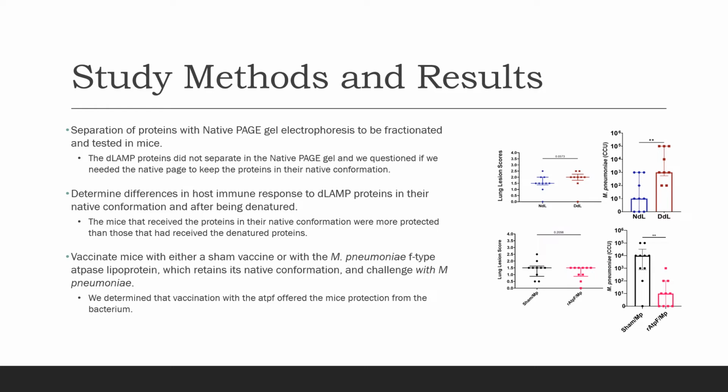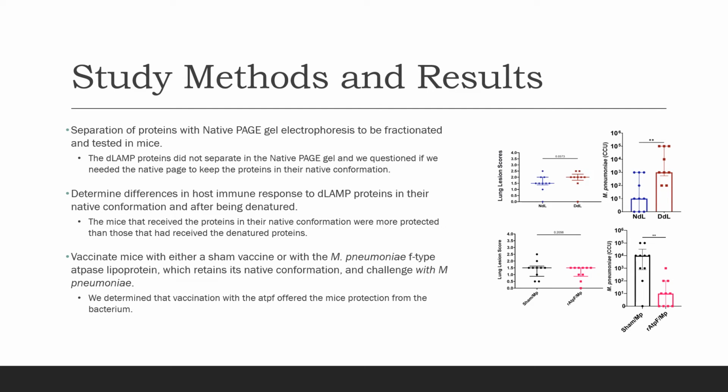This led us to the second part of the study, which was determining the differences in host immune response to the delipidated LAMP proteins in their native conformation and after being denatured. After vaccinating mice with either the native or the denatured proteins and then challenging them with Mycoplasma pneumonia, it was determined that the mice that had received the proteins in their native conformation were more protected than those that had